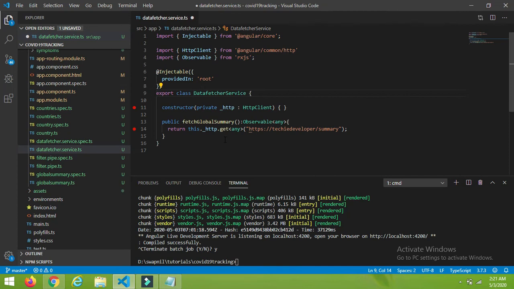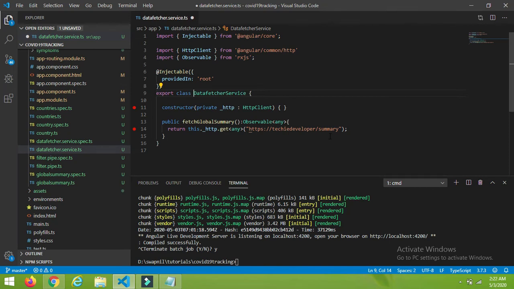So it's a get method. Then inside that, give the URL of your REST endpoint. So guys, here you can provide any REST endpoint whichever you want to implement in our website, right?